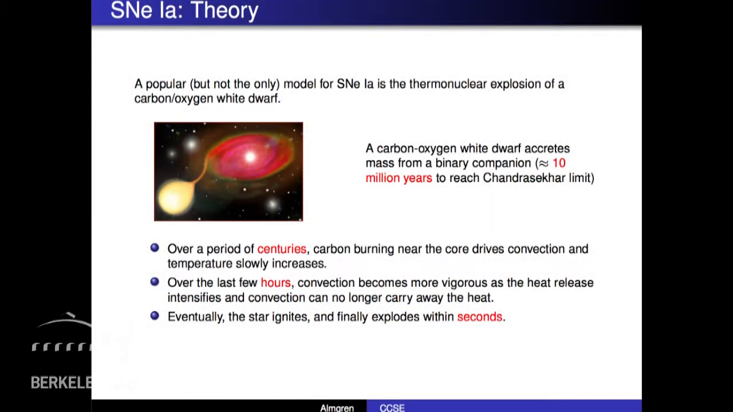For a while, this was sort of the dominant progenitor theory. I would say in the last couple of years, a number of other progenitors have been explored. This is the one that we have looked at. We are actually in the process of looking at several others. So a popular but not the only model for where a type 1a comes from is the thermonuclear explosion of